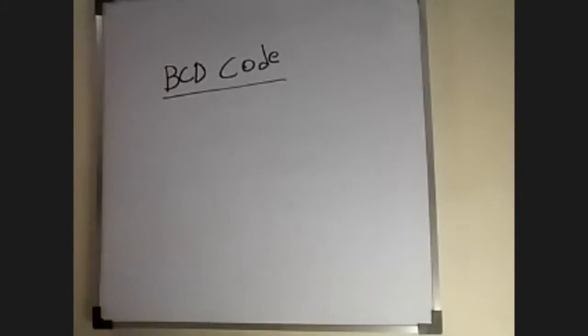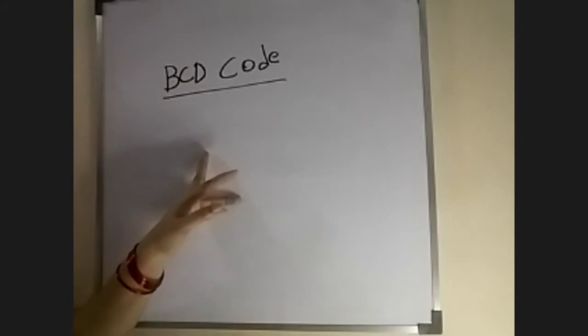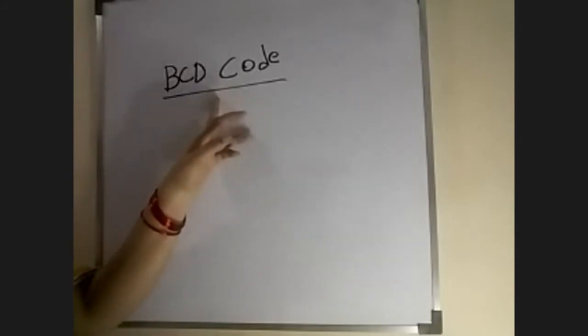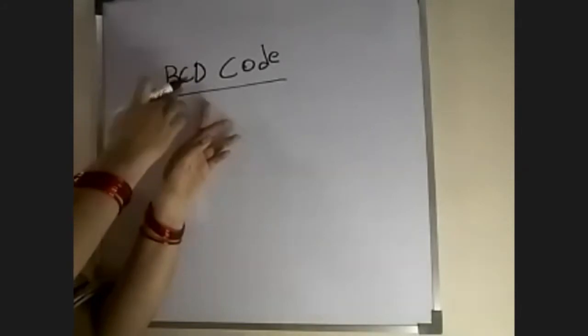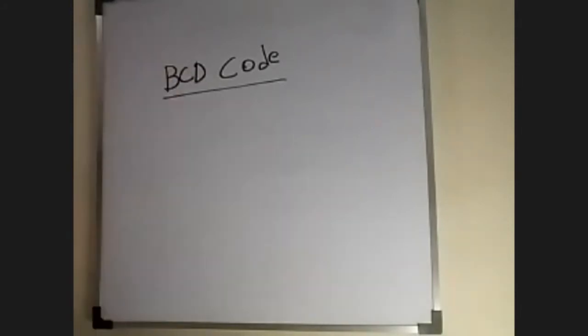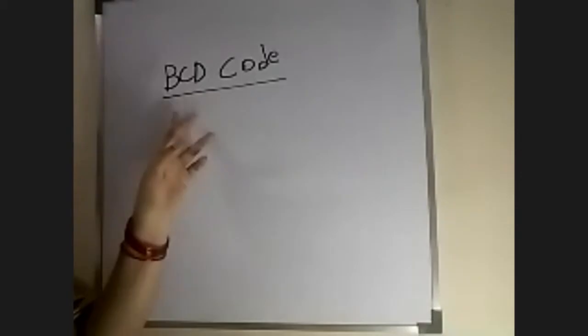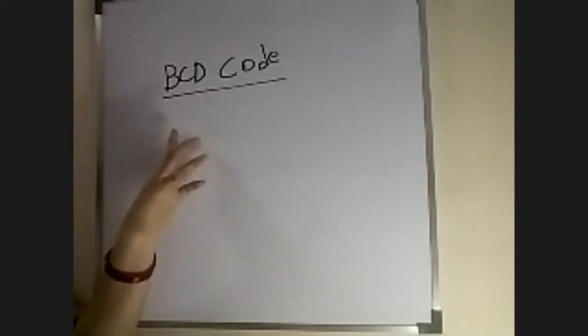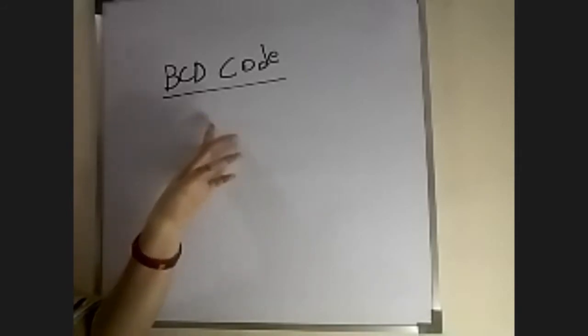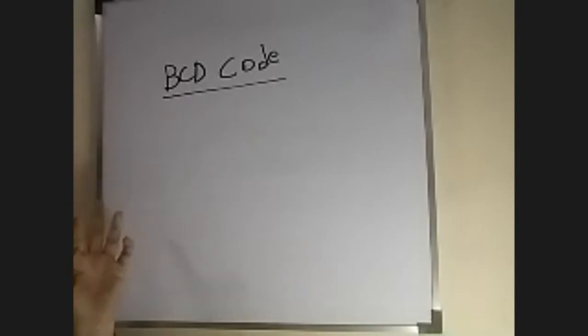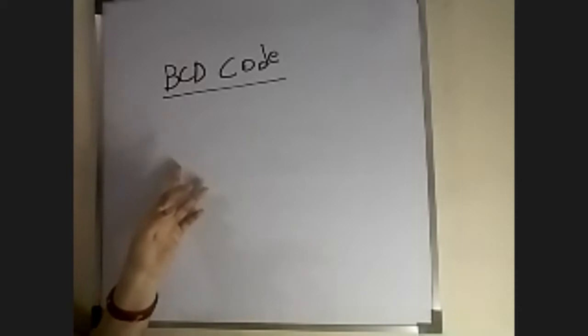In the BCD code, we use a binary code that distinguishes among only 10 elements. Why? Because BCD means binary coded decimal. Decimal means 10, with values ranging from 0 to 9. A binary code that distinguishes among only 10 elements must contain at least 4 bits. So each and every decimal value's equivalent binary value must be at least 4 bits.